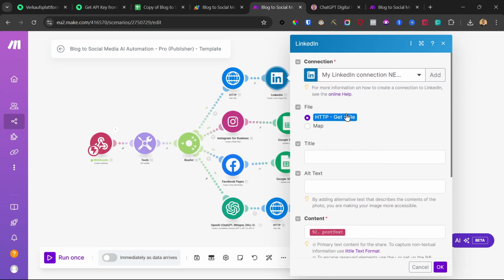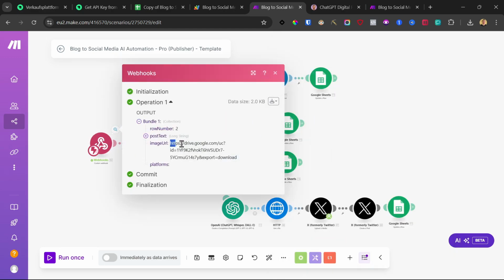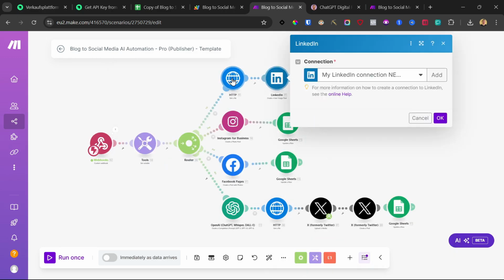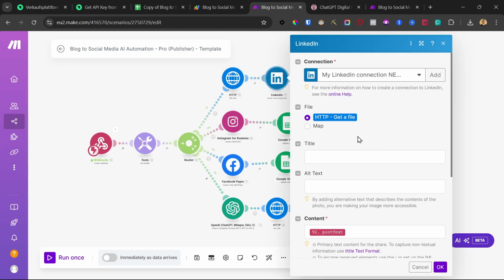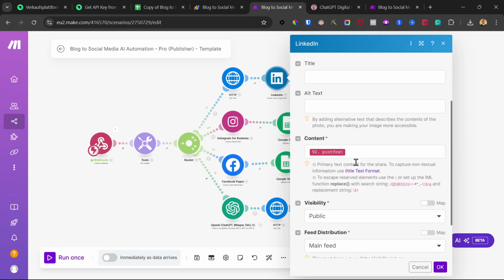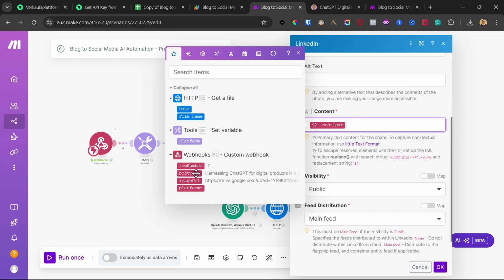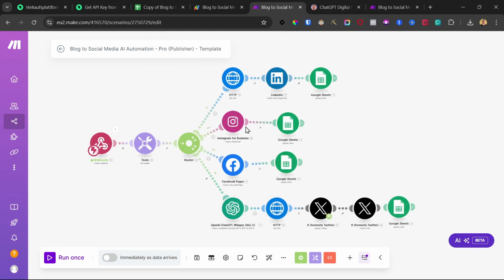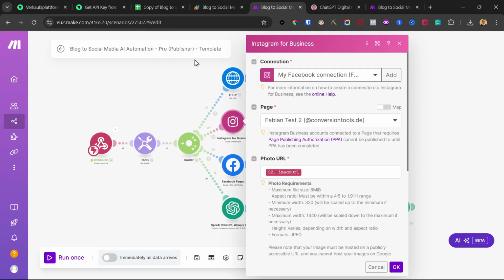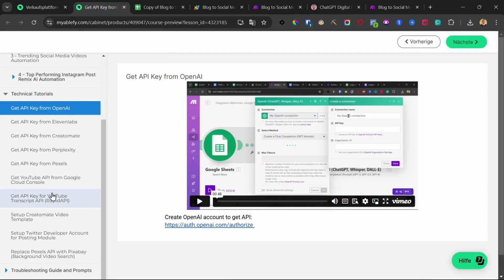It gets the file, it gets the image, right? Here it sends the Google Drive image URL, and this converts the image URL into a file, and then this can get the file directly and use it in the post. And here is the post text, which gets from the webhook. And here the visibility is set to public so anyone can view it. Now for Instagram, it's similar,